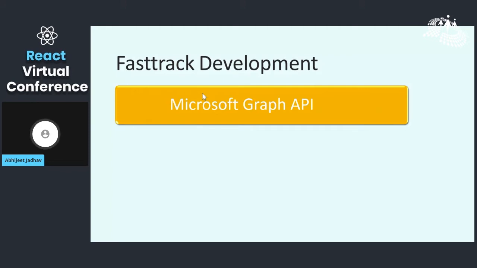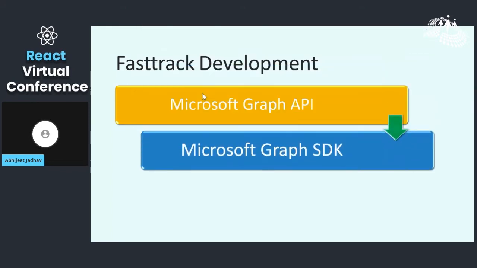So considering all these scenarios, to help the developers, Microsoft provided the Microsoft Graph SDK. What this Microsoft Graph SDK does is it helps to simplify and build high quality, efficient, resilient applications accessing the Microsoft Graph. You need not worry about the token expiry. You need not worry about the connectivity, and that low level coding for sending the request and getting the response back is handled by the Microsoft Graph SDK.